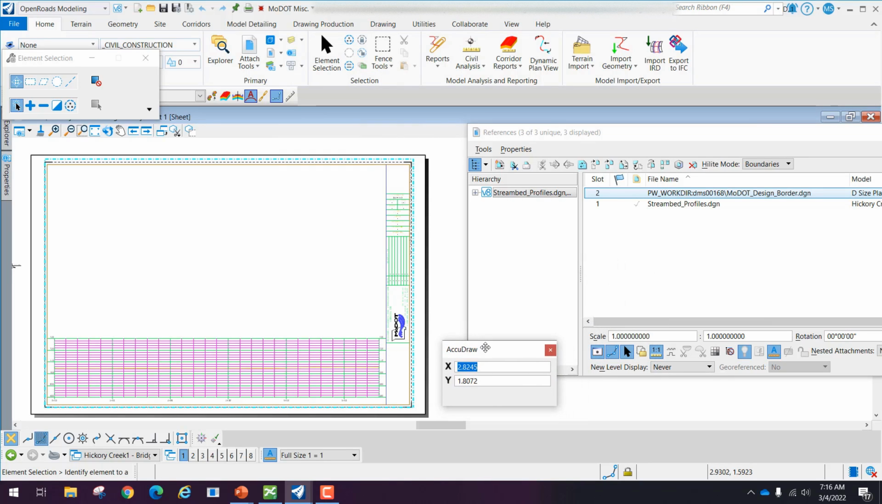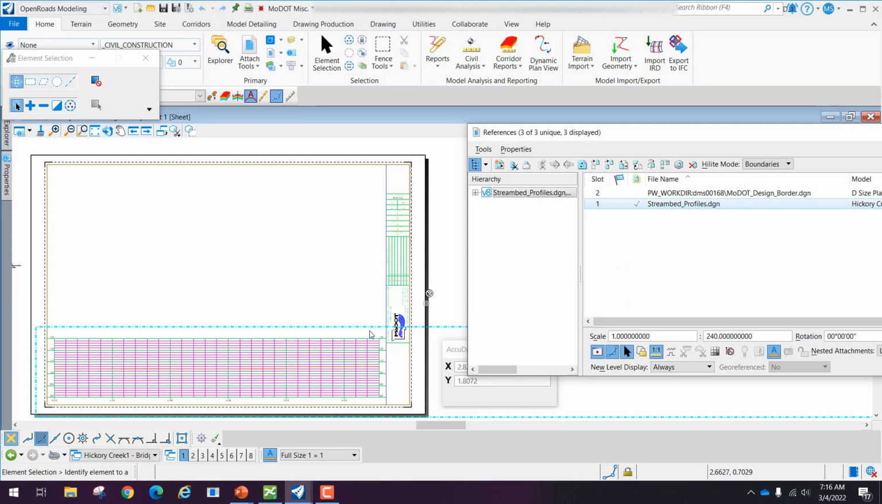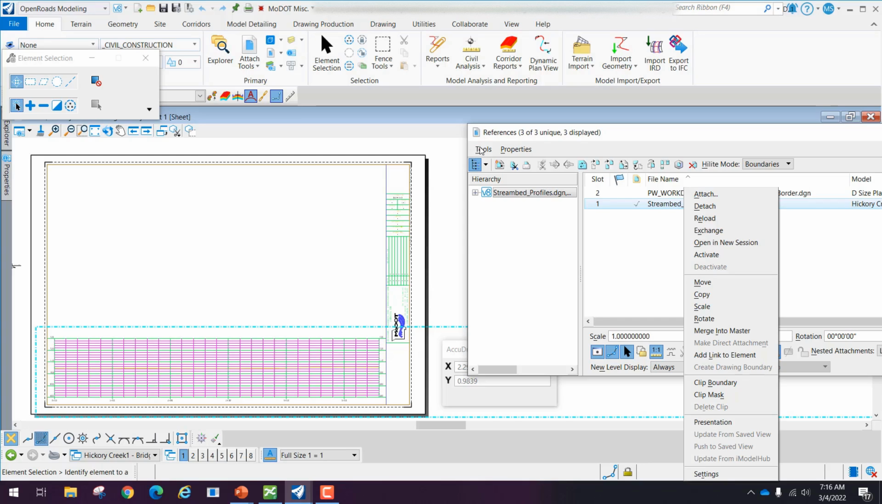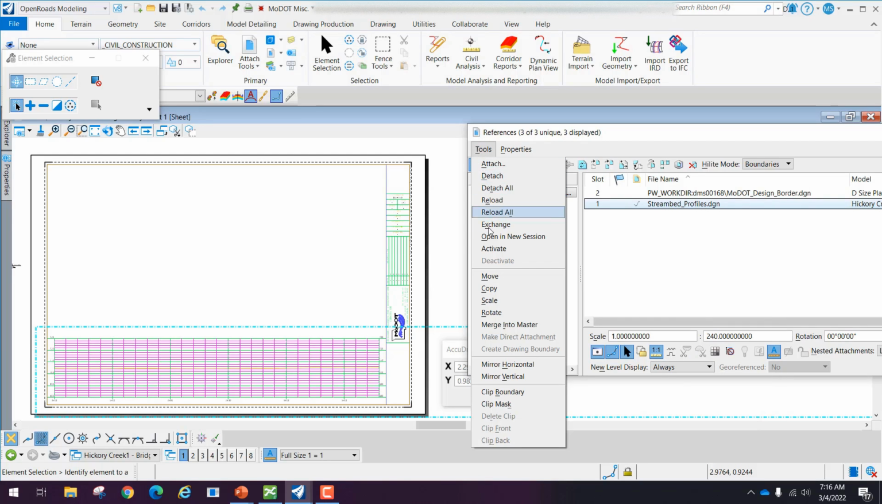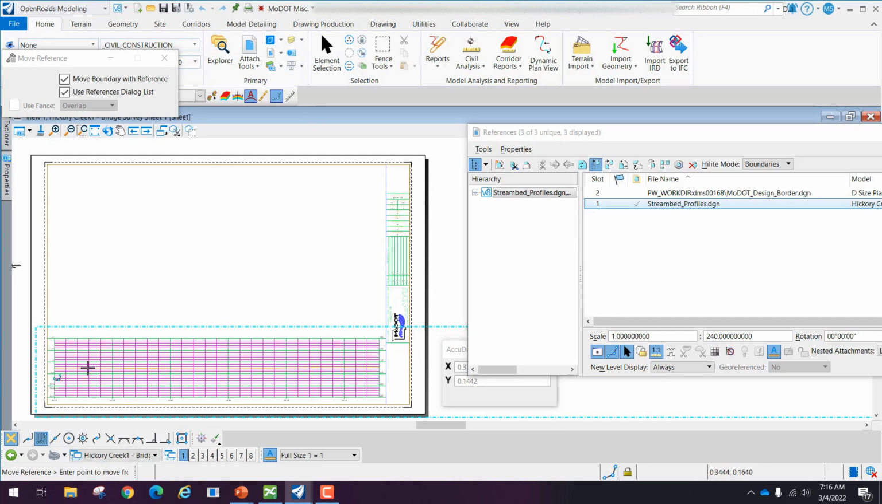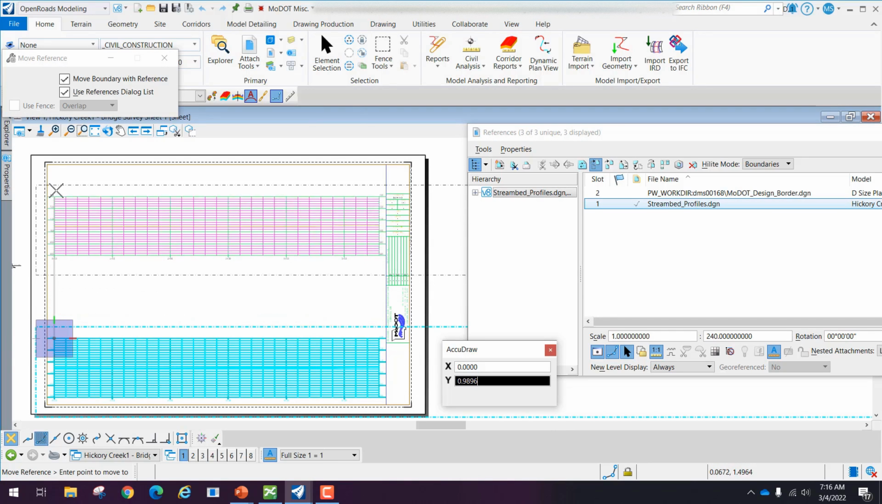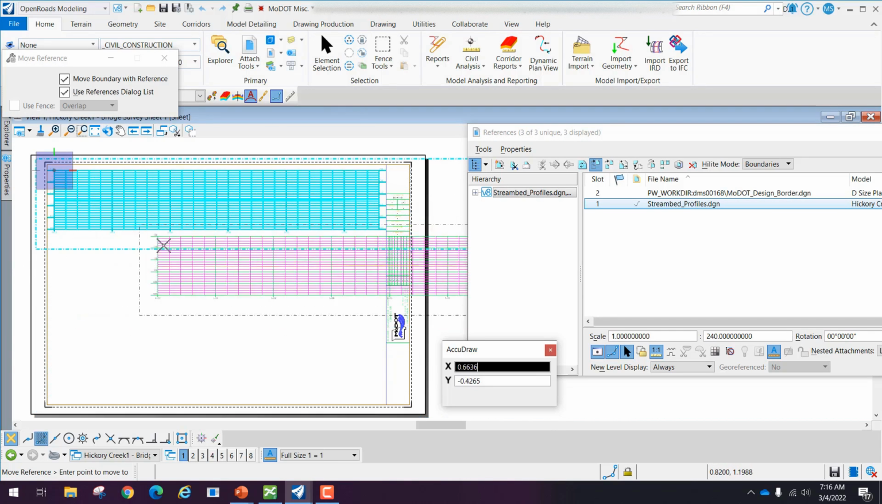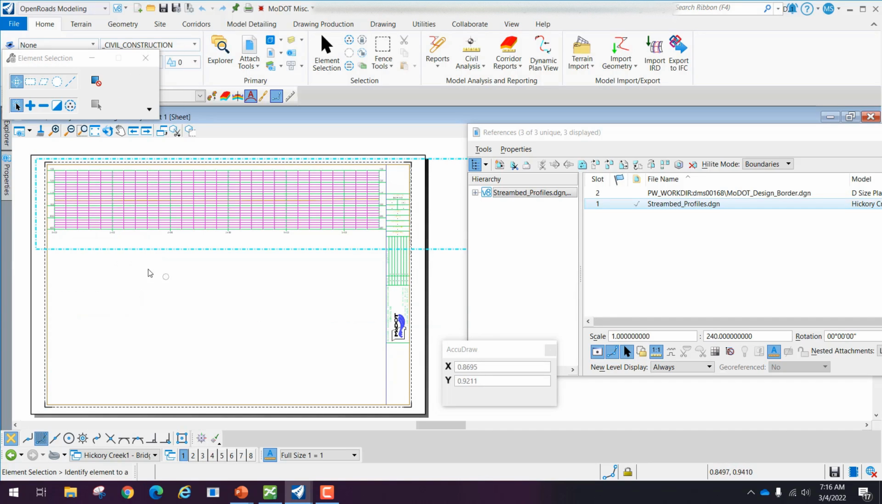Okay, and that gets our AccuDraw up. So what I'm going to do is just move this up. I'm going to right click on that StreamBed, or you can go from the Tools pull down. A lot of people like to use the Tools pull down. And I'm going to go to Move, and I'm just going to move this to the top. Okay, now that frees up some room down here at the bottom where I can bring in the next StreamBed